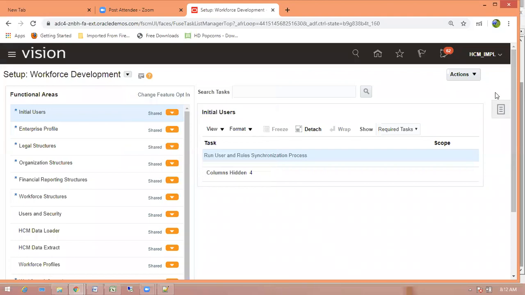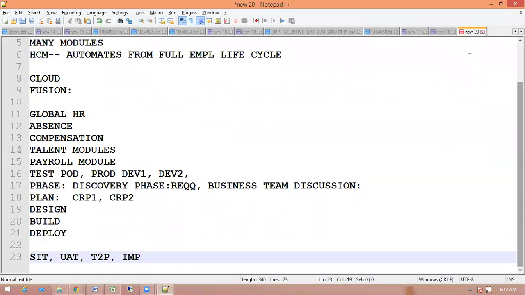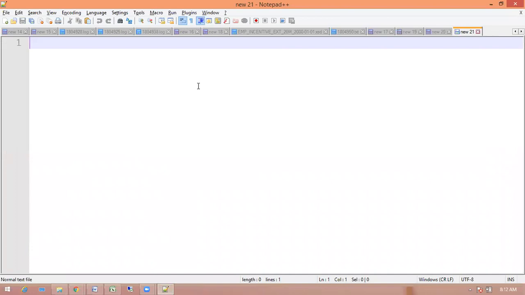Okay, let us start with the Fusion enterprise structure. What do you know about enterprise structure generally? That's the basic, right? If you're having a company and you want to go for Oracle, they'll put my company name and they'll ask for geography. That's how it flows, right? First, nothing but your organization structure.